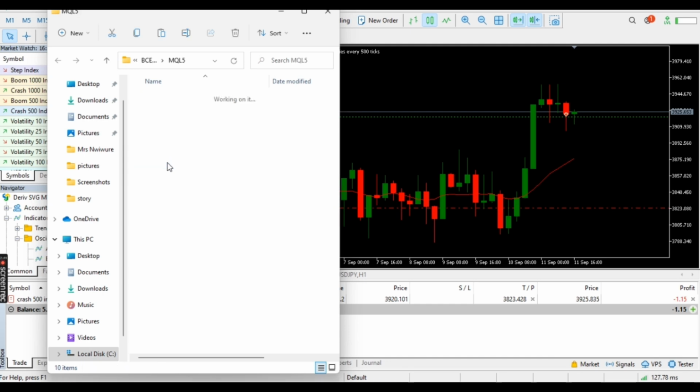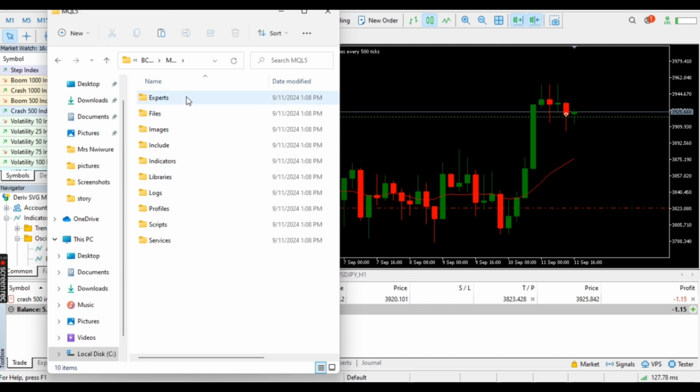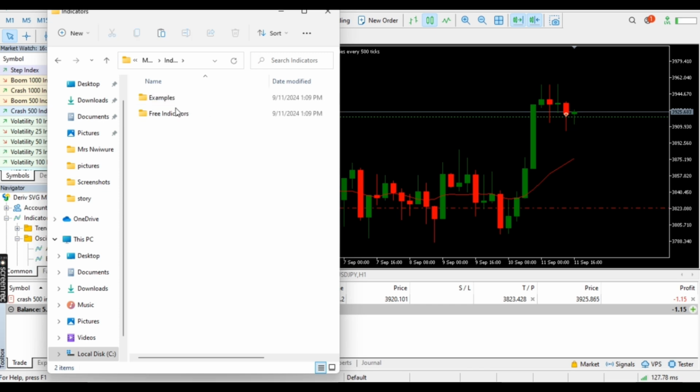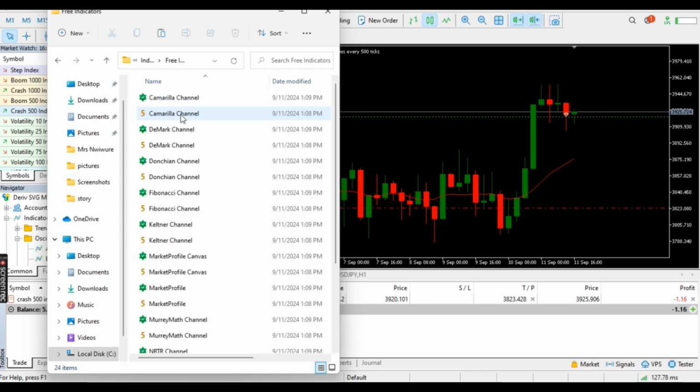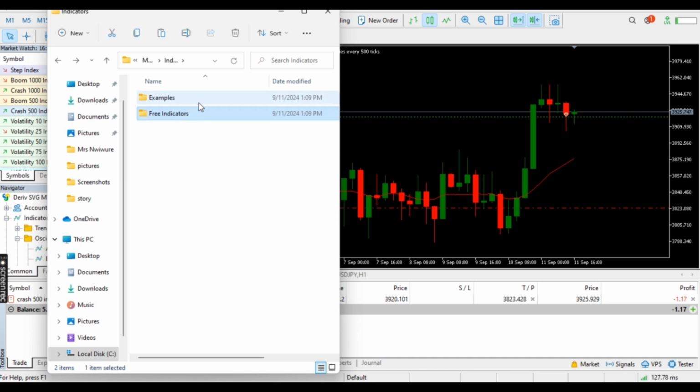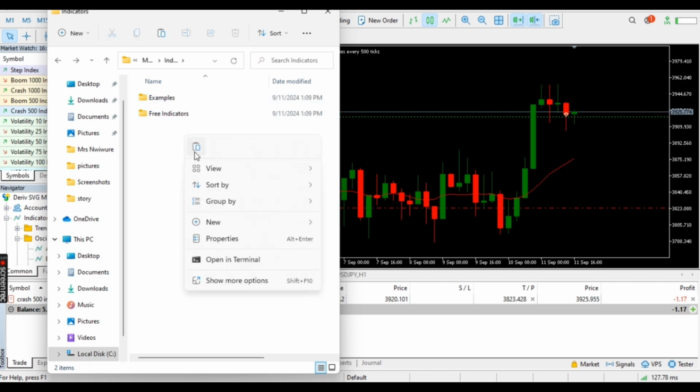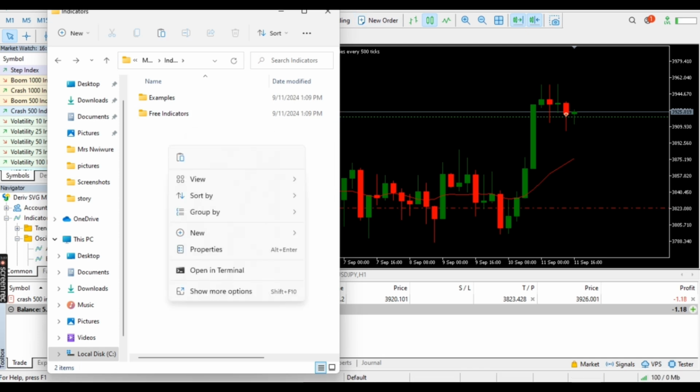MQL5, then we click on indicators. Okay, now there are free indicators right here, so you can either put this into the free indicator folder. I don't want to, don't put it into the free indicator folder, you're going to confuse it. Either you copy the entire folder and paste it, or for the sake of